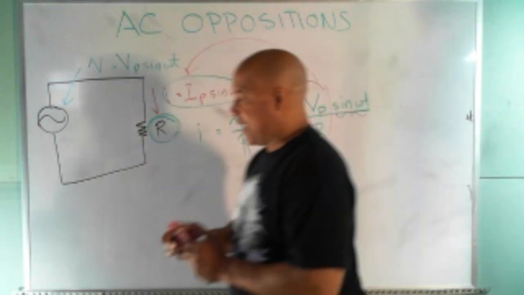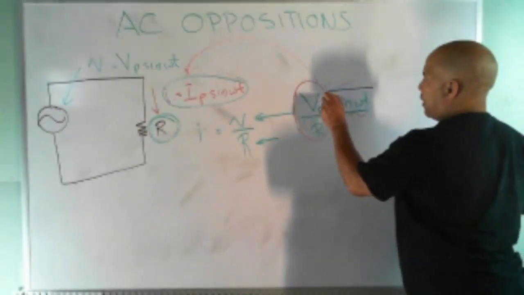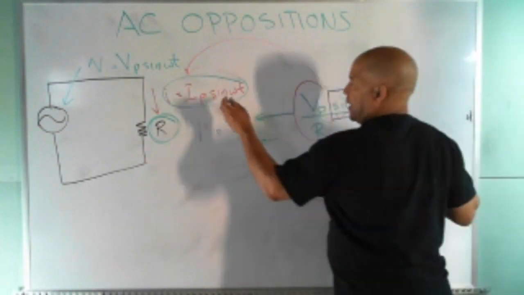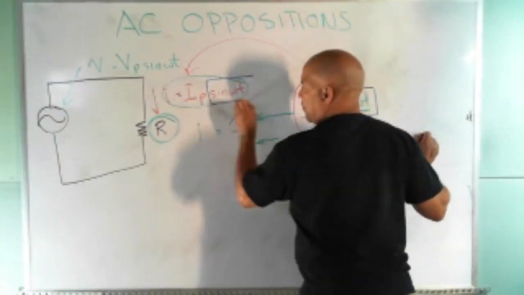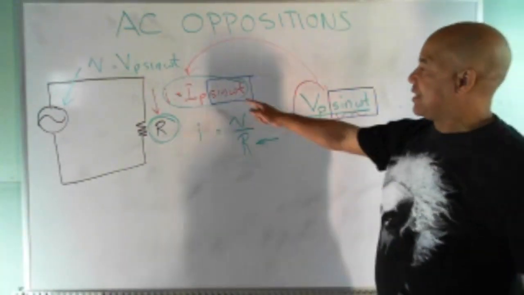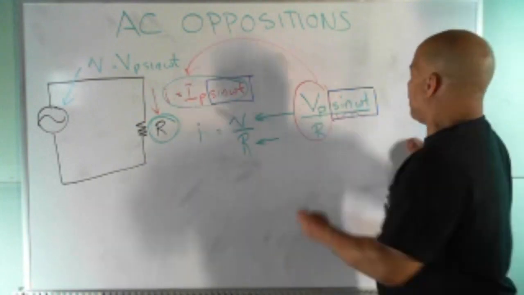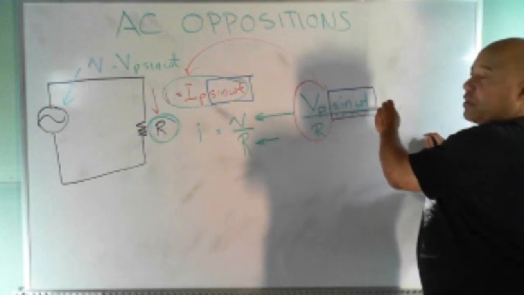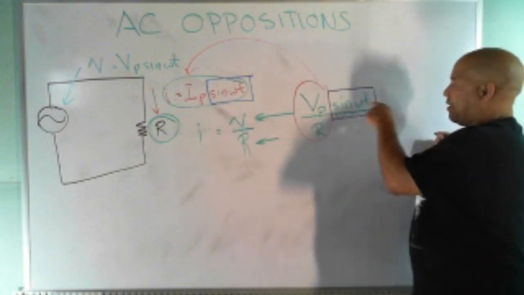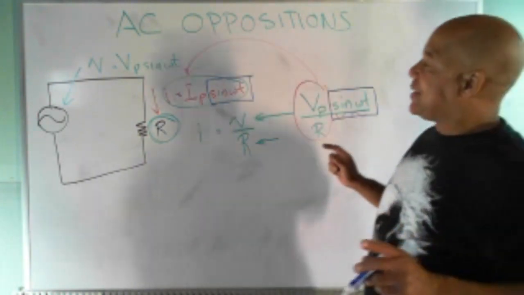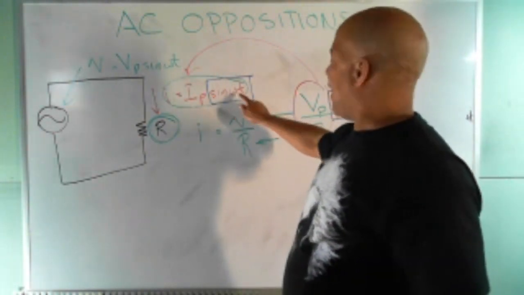That when I look at the original voltage waveform I started with, I look at this part of it, and the new waveform I get by dividing the V by R, I get current. I look at this part of it, they're exactly the same. They have exactly the same angular velocity, and they have exactly the same phase angle. In this case, it's 0. If I had a phase angle here, like plus 30 degrees, that phase angle would be transferred over here. When I do this division, it doesn't affect any part of the sine. So what that means is that they have the same angular velocity and the same phase angle,